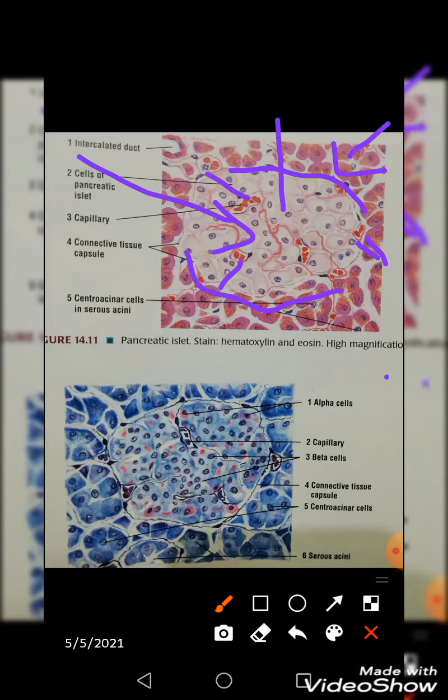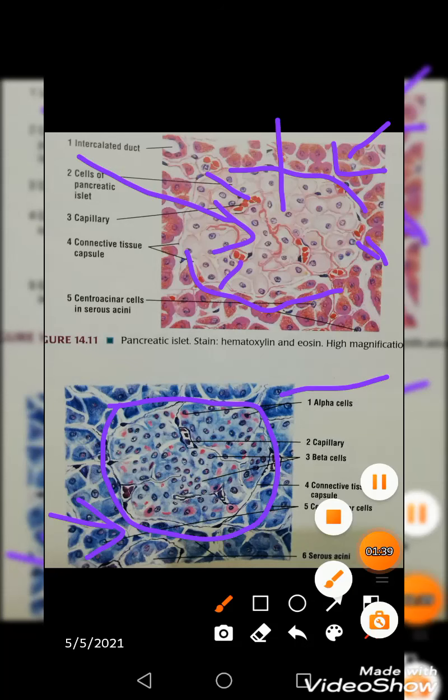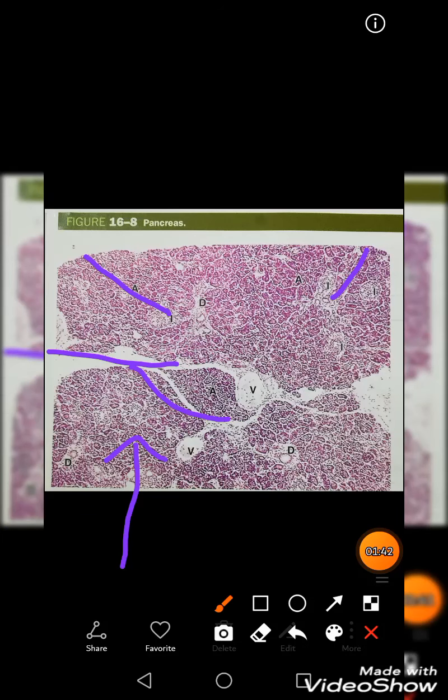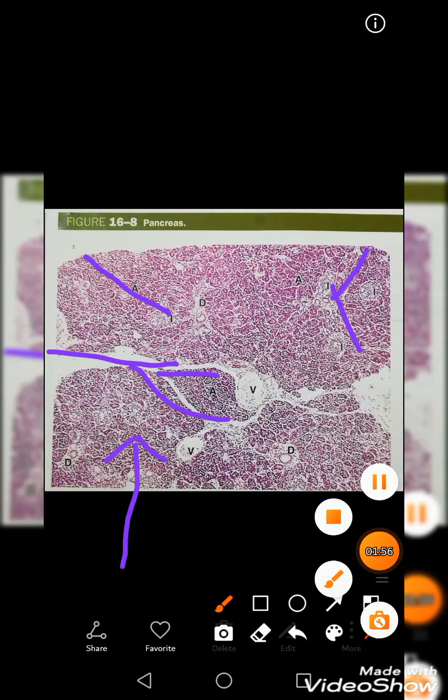This is another view with another stain, Mallory's, and you can see the central islets of Langerhans, and on the margin are the pancreatic acini, right. Now you can see that various acini are there, the islets of Langerhans are there, and the septa show the parenchyma being divided into lobules, carrying artery and vein in it, and various ducts, of course.